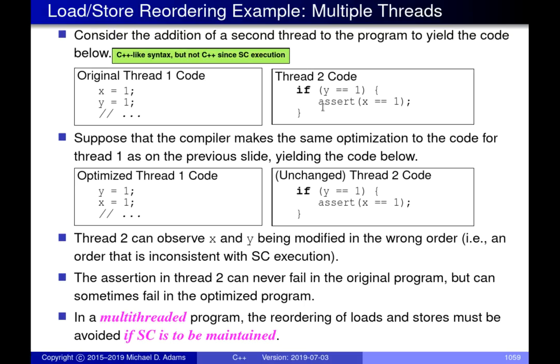And I guess the comment that I want to make with respect to this code here is if we look at this code and imagine that we're running this unoptimized code, it's never the case that this assertion can fail. Assuming again that the program is running on a sequentially consistent machine, the only way we can execute the code from the threads is by interleaving them.